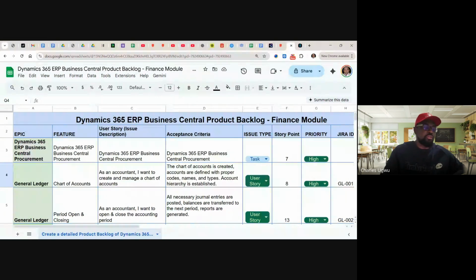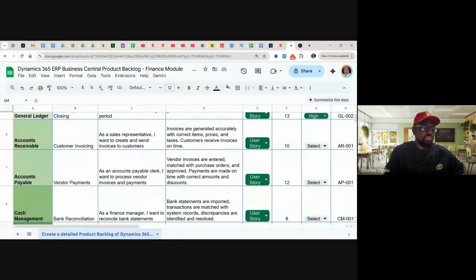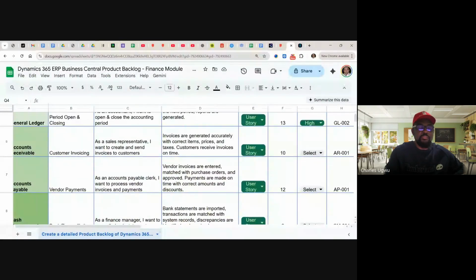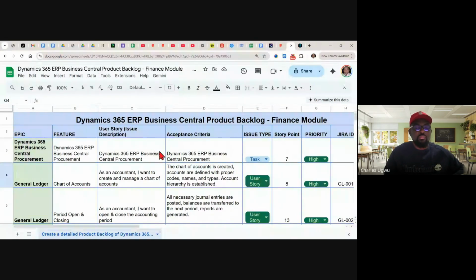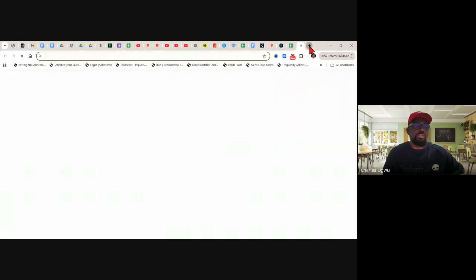This is it. From here, the items need to move. And now, what I'm going to do is go to Jira.